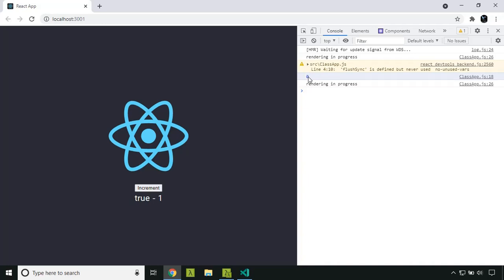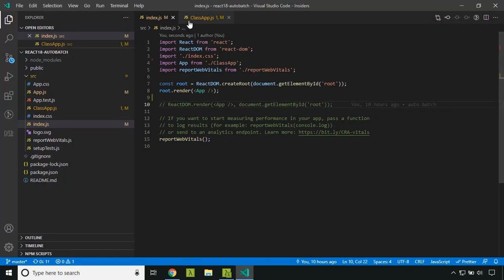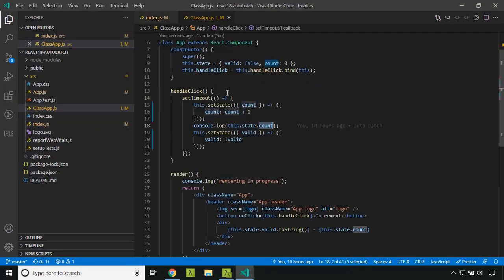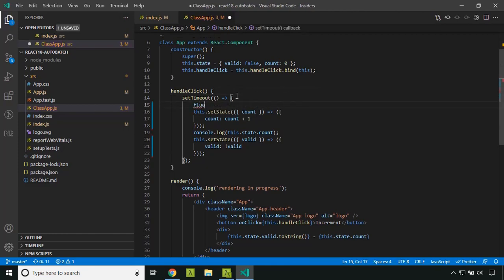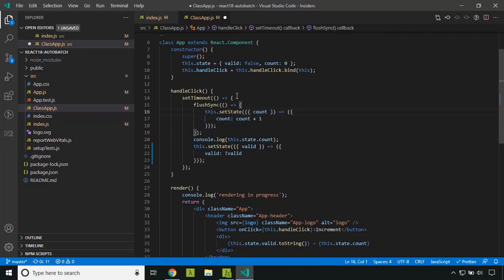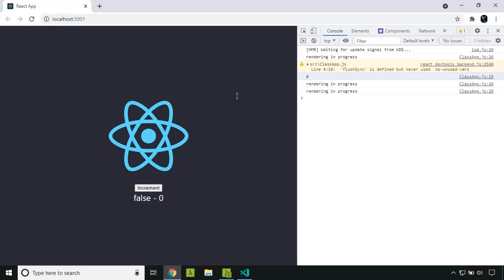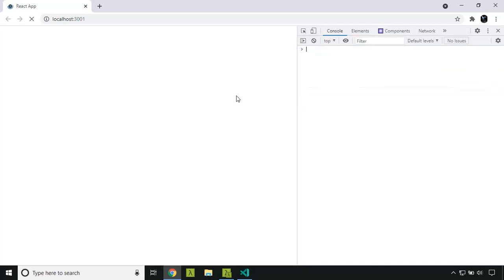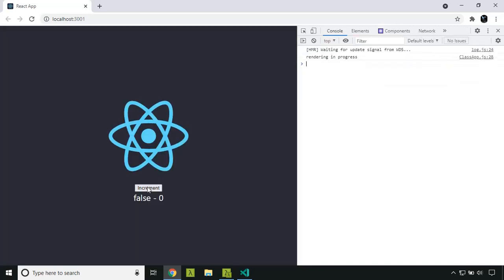What you can do in this scenario is use a function called flushSync. It accepts a callback, and inside that you can call our setTimeout.